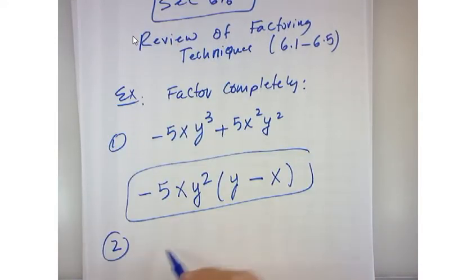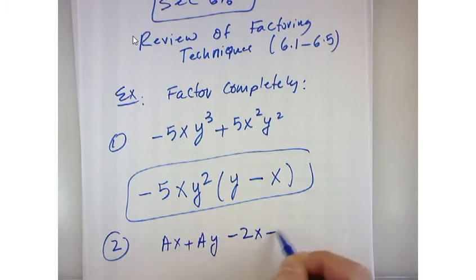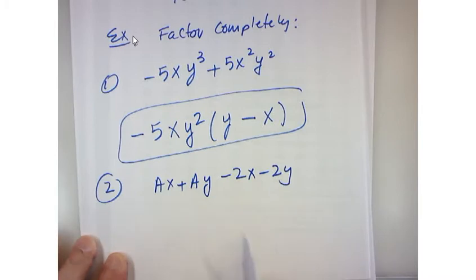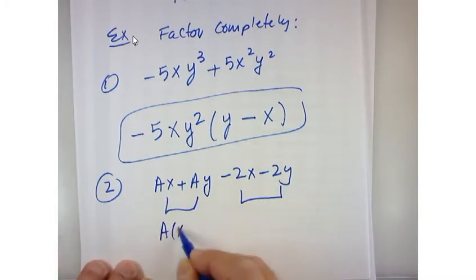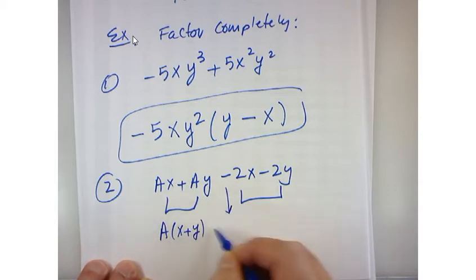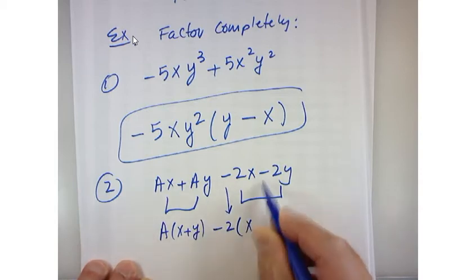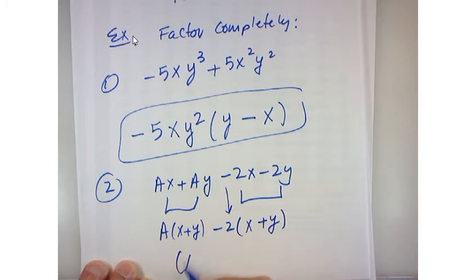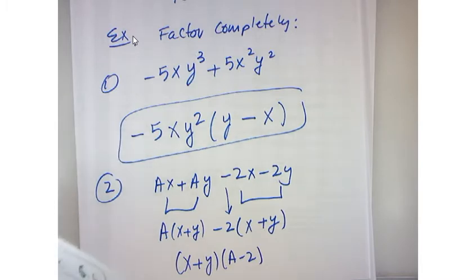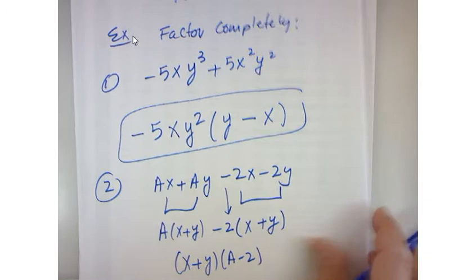Then if you look at ax plus ay minus 2x minus 2y, this has 4 terms, so right away we know it's grouping. So we pull out the a, x plus y, we pull out the negative 2, and we switch the sign, so it's x plus y, a minus 2. And now if we have